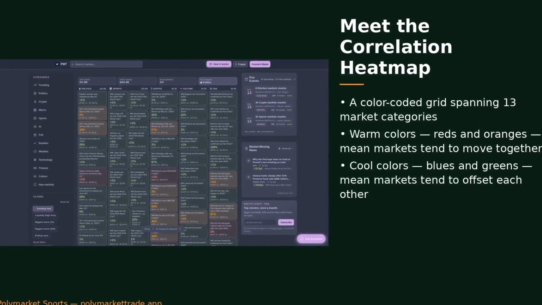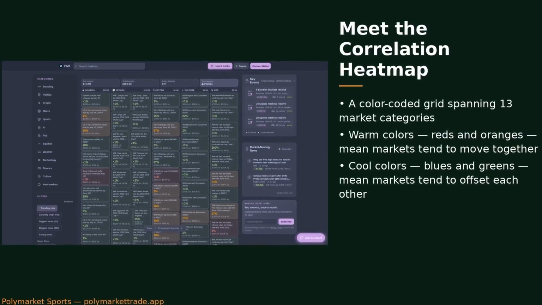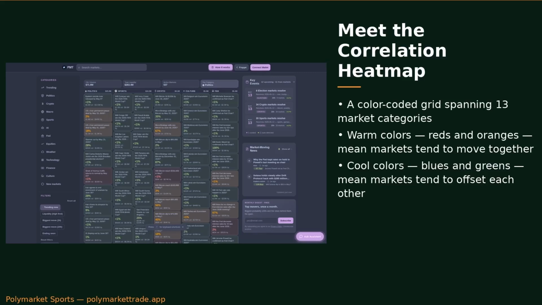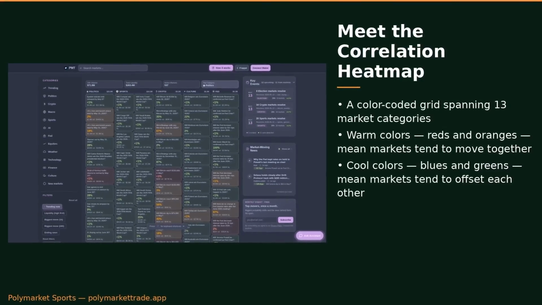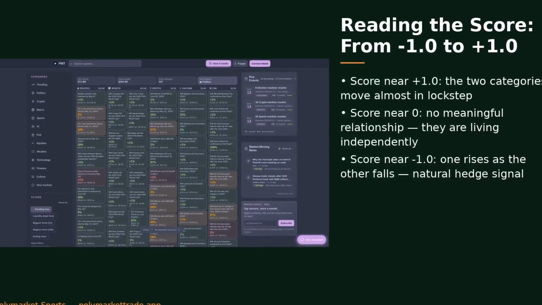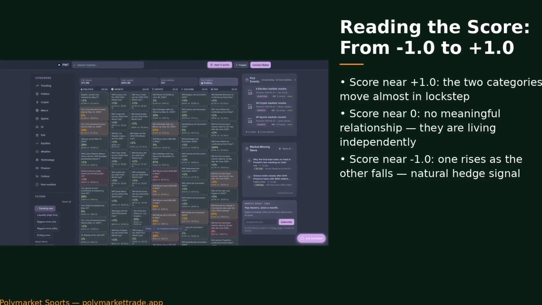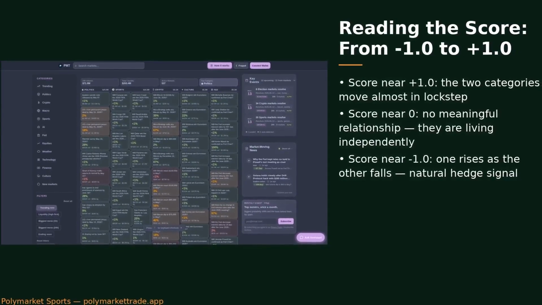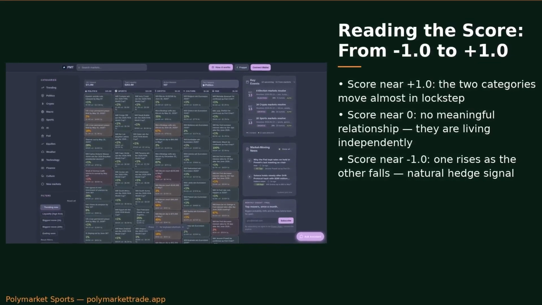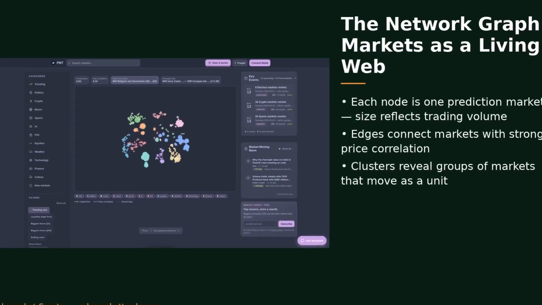Before we touch the heat map, let's lock in the foundation. A prediction market is a contract. It is priced between $0 and $1. And here is the key thing: that price is the crowd's collective probability estimate. If a contract is sitting at 67 cents, the market as a whole thinks that event has roughly a 67% chance of happening. Think of it like reading a championship bracket, but instead of a seed number, you are looking at a live probability percentage that updates every time new information comes in. Anyone can open a position, and anyone can close it before the market resolves.